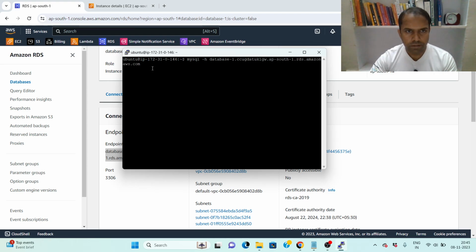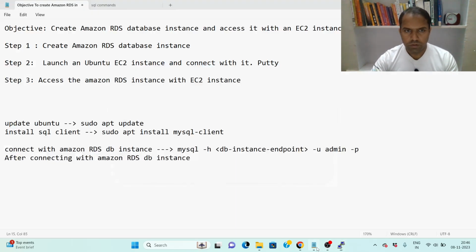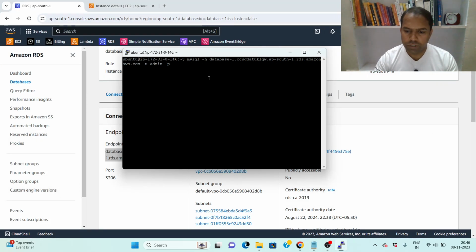Then what we need after the host name is the username. So -u, and our username is admin. Then next thing, password. So for password, -p. Okay. So just click enter, and